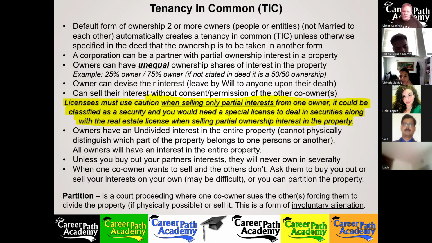I had a commercial agent show me an article once from one of their commercial magazines, and it was a 4-page article warning about the IRS. This was an article put out by the IRS to real estate agents that are offering properties, partial ownership interest in properties, and helping people sell partial ownership interest, giving them a warning to be careful, because if they don't have the special license to deal in securities, they could be breaking the law, and it could land them in jail if they do this.